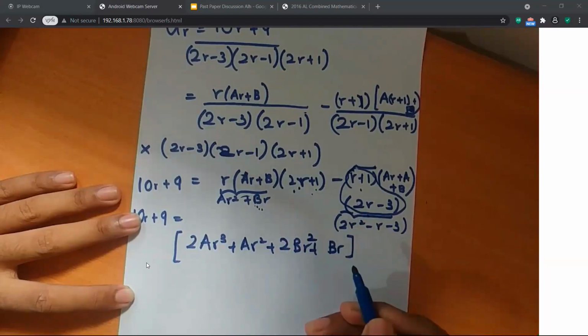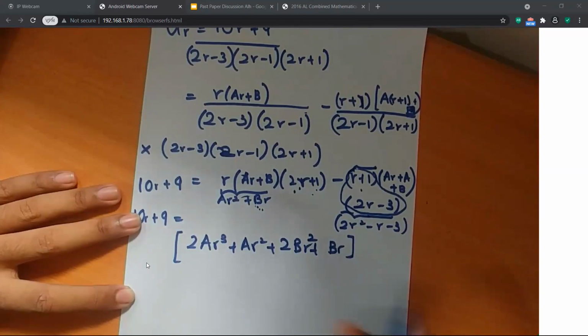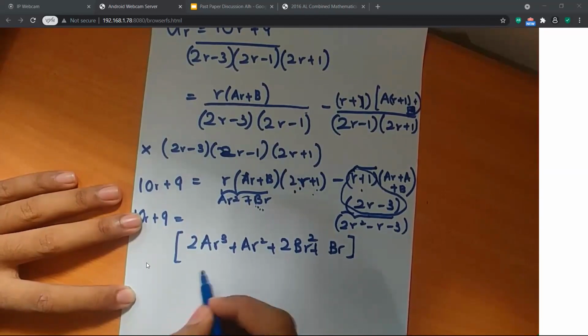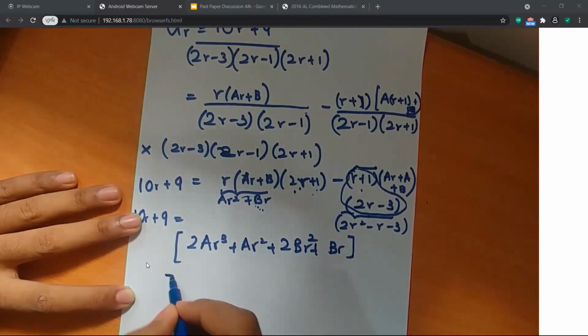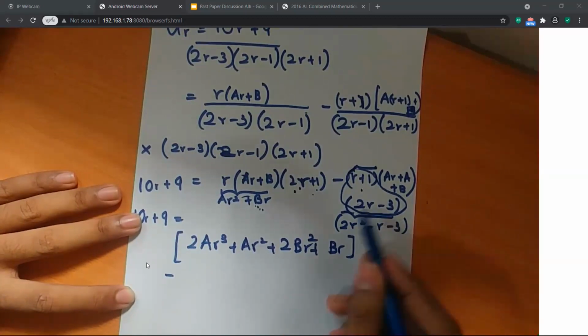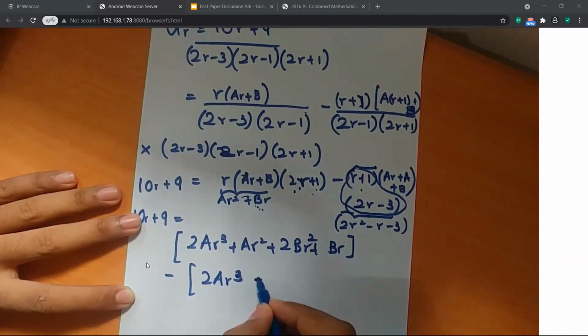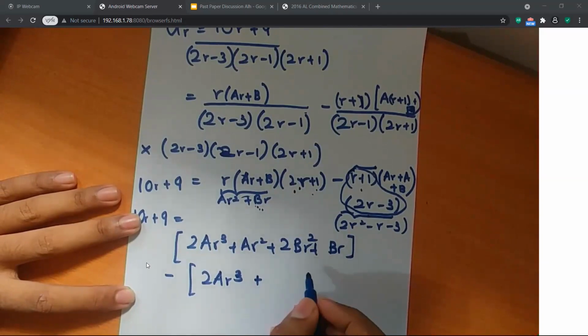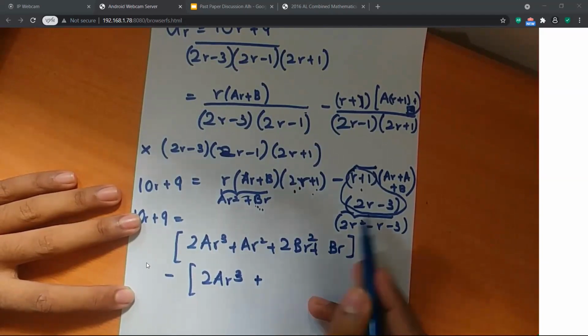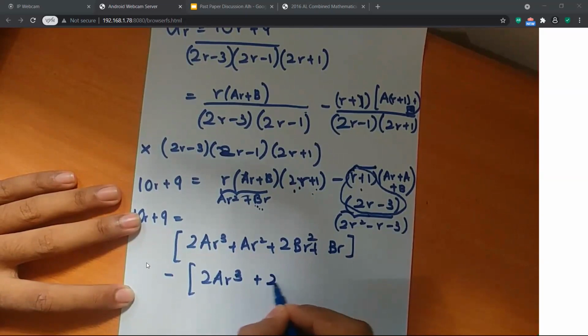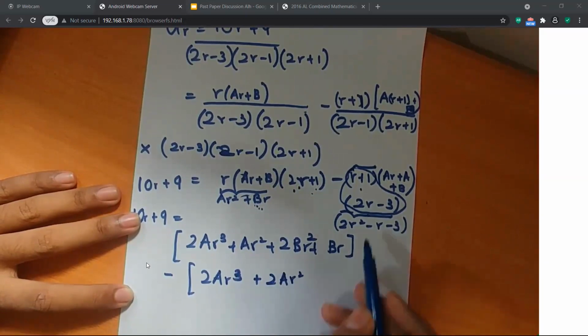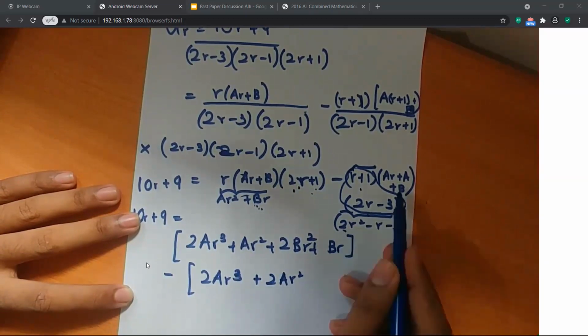Okay, these small mistakes might take a lot of time to think if you get a mistake, right? So 2R times AR is twice AR square. So AR cube. 2R times A is 2AR square. 2R times B is